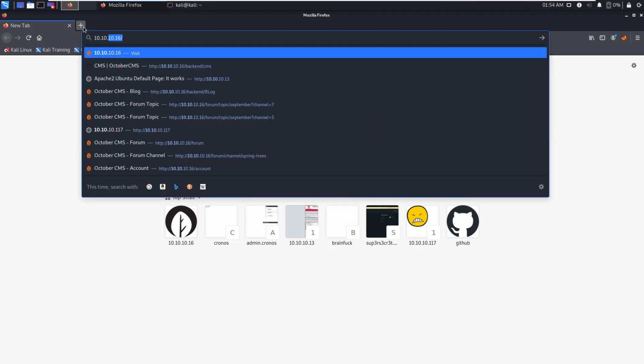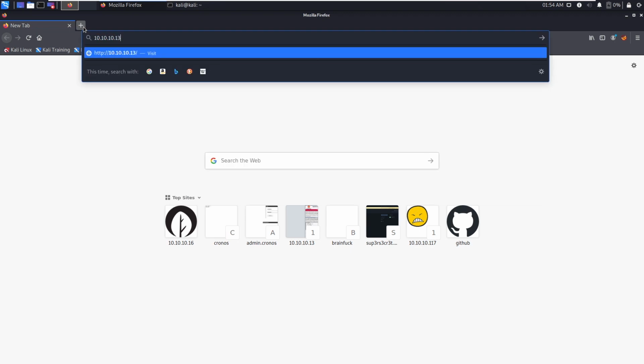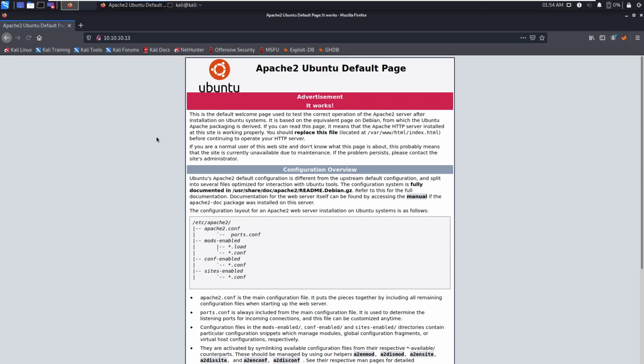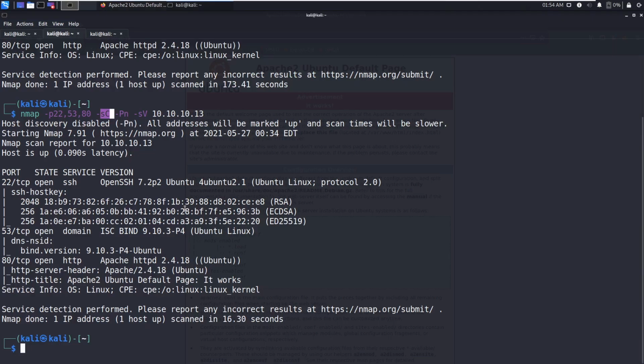If you go to the normal website, let's go to 113. It's a default page. That means virtual routing may be enabled, so all you need to do is find the domain names. Generally in Hack the Box, boxname.htb will be the common domain name for that box. So let's try that.